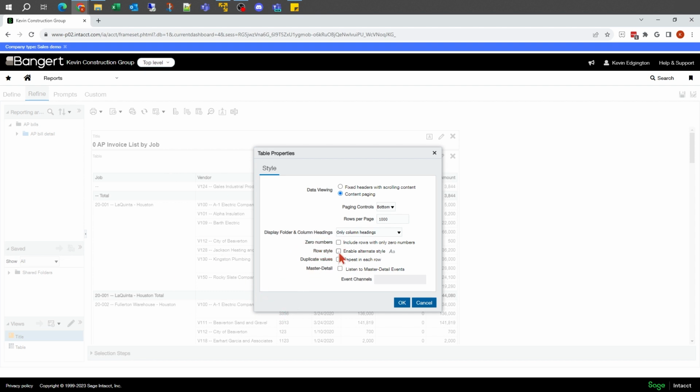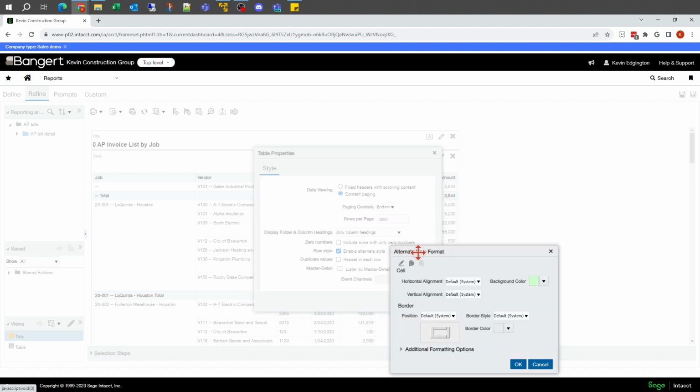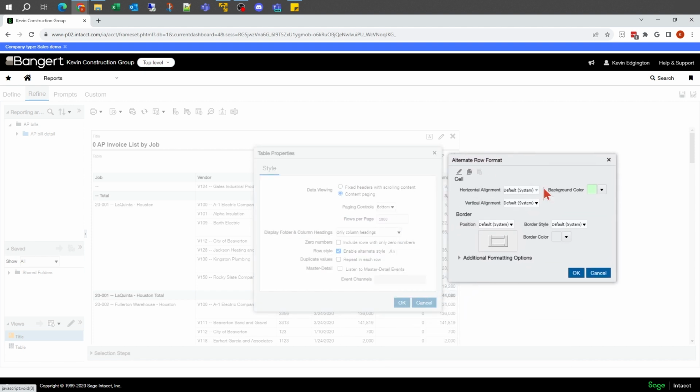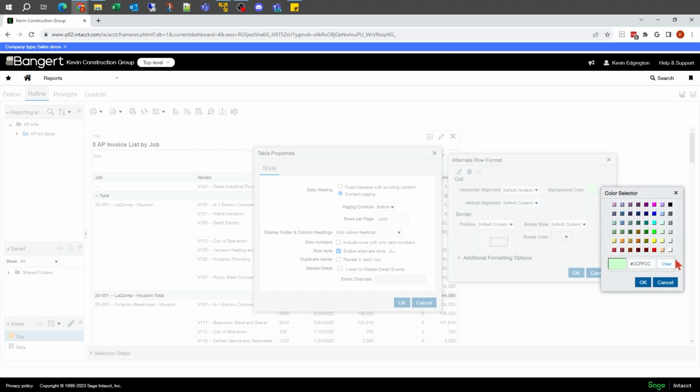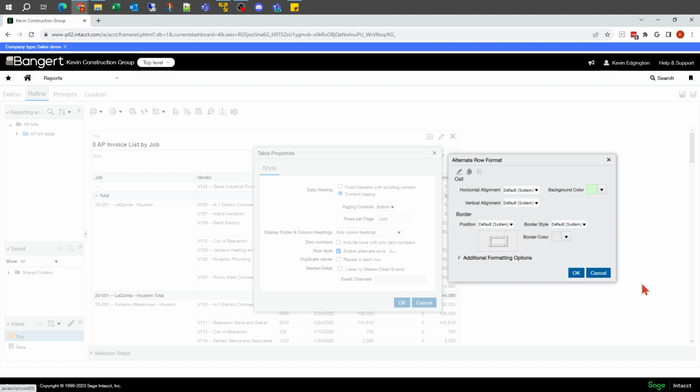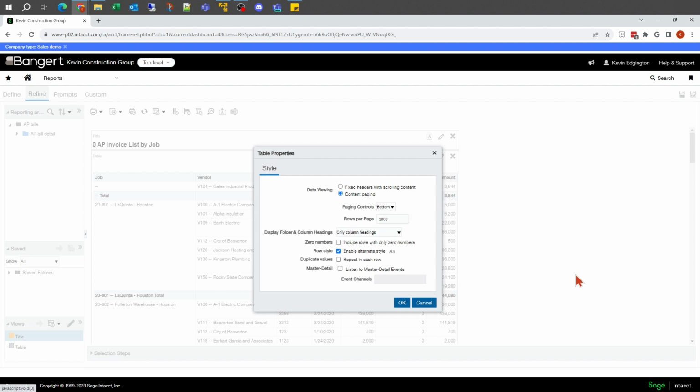It's the row style that I want to take a look at. This will enable an alternate style. If I click on the A there, for a font, it'll bring up this box so I can tell it what I want to do. I could pick some sort of a color if I want. In this case, I'm just going to pick this light green, or whatever other color I want. You could also change some of the horizontal alignments or borders going around things, and so forth. Just some other controls associated with that style.